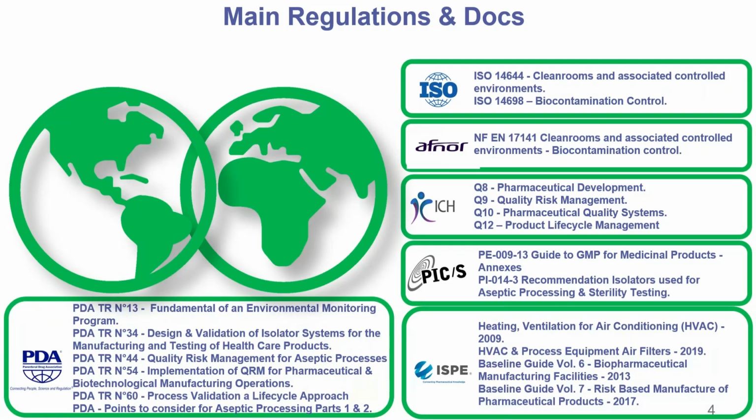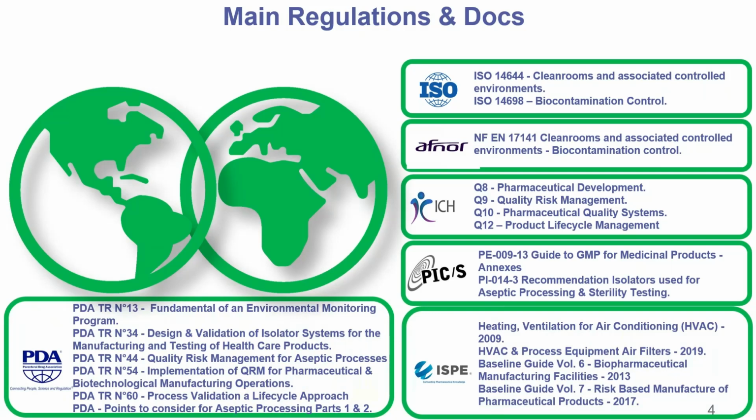The International Standard Organization, with the document ISO 14644, gives the key principles for clean rooms and associated controlled environments for non-viable monitoring and all parameters, and the equivalent for viable environmental monitoring with ISO 14698 on biocontamination control, and its